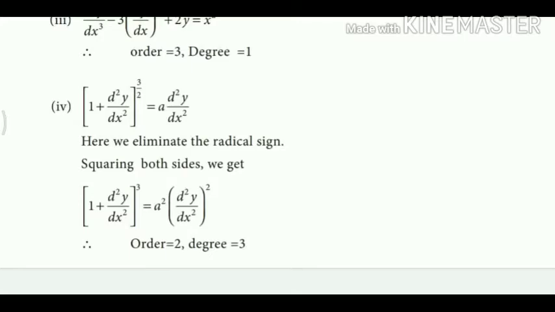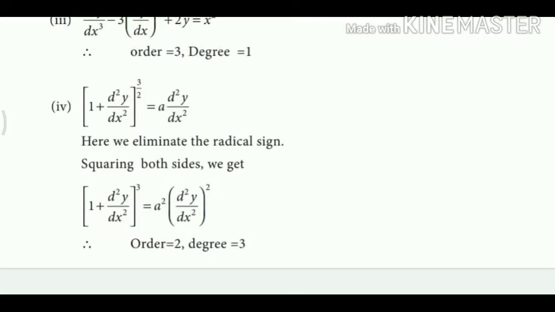Listen, now there is no radical sign here. Okay. Therefore we are finding the highest derivatives. In both the sides the order is 2 because the highest derivative is d square y by dx square. Therefore order is 2. What is the highest power? That is the derivative's highest power. Here left side it is 3, right side it is 2. Highest power is 3. Therefore degree equal to 3. Okay. I think you understand well.